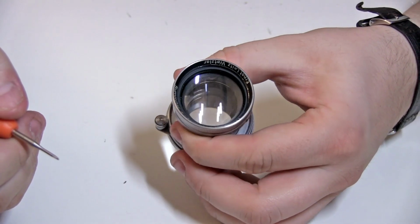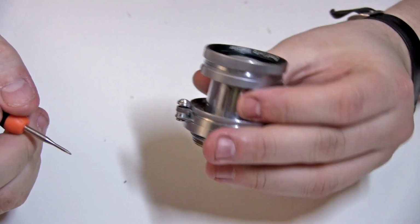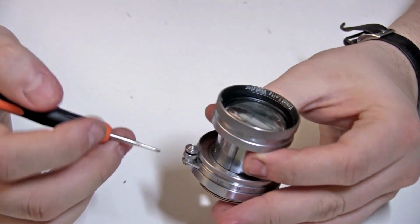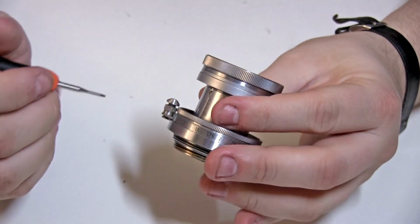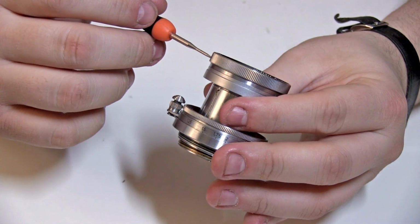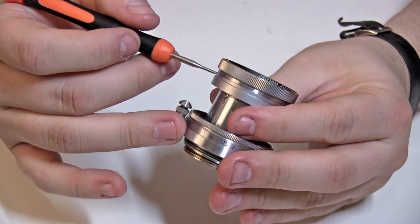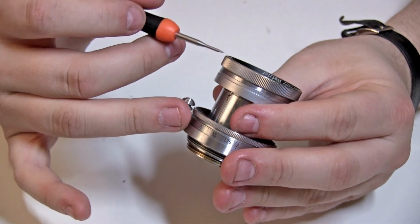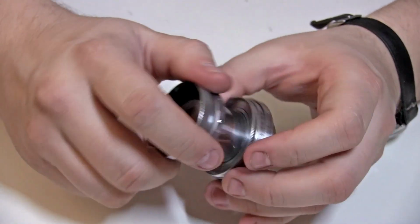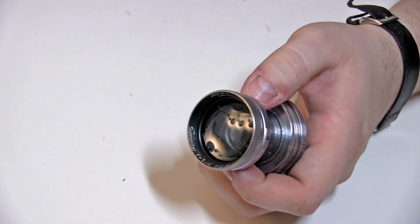The first step you need to do is to remove the front lens assembly. This doesn't require any tools at all, just your hand force. And basically, the upper part here can be entirely screwed off the lens, and it will separate from this line here and up. And to remove it, you just basically use your hand to screw it out,